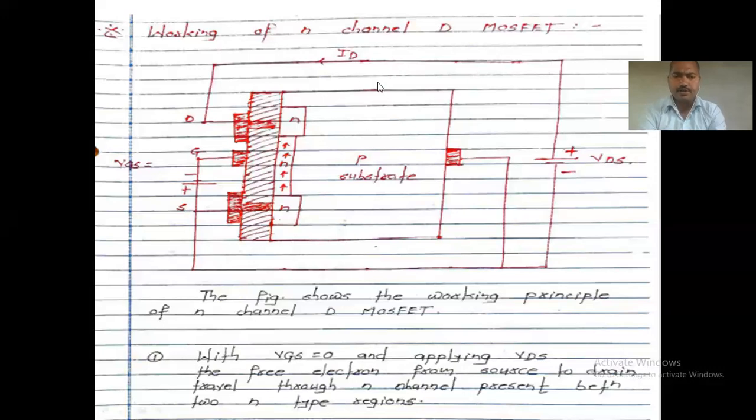Why? Because the N and P together are just like a diode, right? So everything about the PN diode is the same as in this configuration. See, when we are not applying any voltage across it, electrons from N travel towards the P, and holes from P travel towards the N. We know that opposite poles attract, so holes from P travel towards N and electrons from N travel towards P. They are traveling to each other. This will happen up to some time.